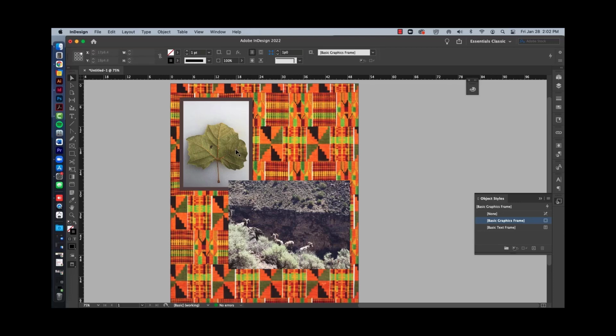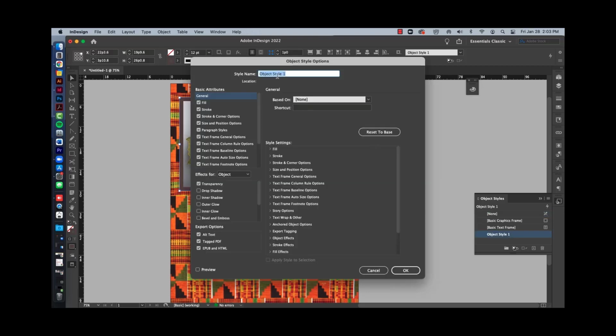So it's pretty simple. Basically, all I have to do is click on this image here to select it, and then down in my object styles panel, I want to click on this plus icon here, just to the left of the trash can that says create new style. So I'm going to go ahead and click on that, and it's going to automatically populate a new style down at the bottom that's called Object Style 1. So I can double click on this, and this will allow me to go ahead and give it a style name. So I'm just going to call this brown border